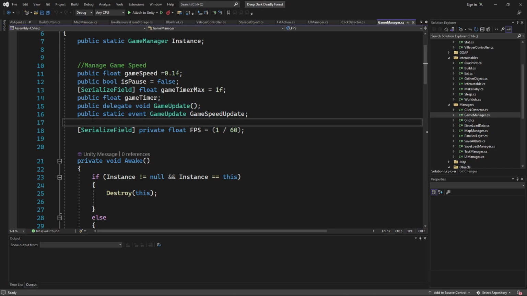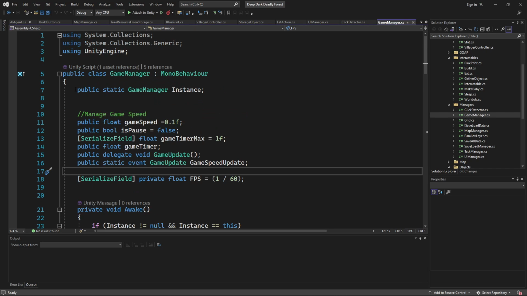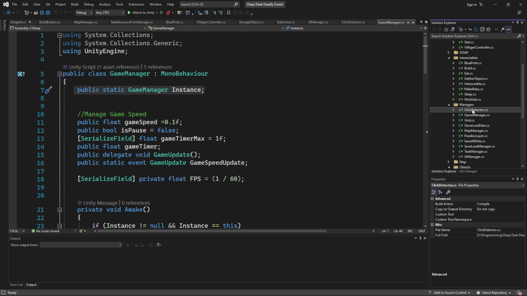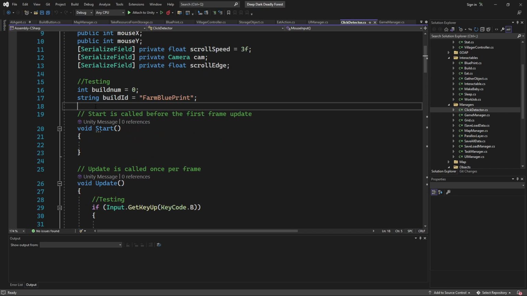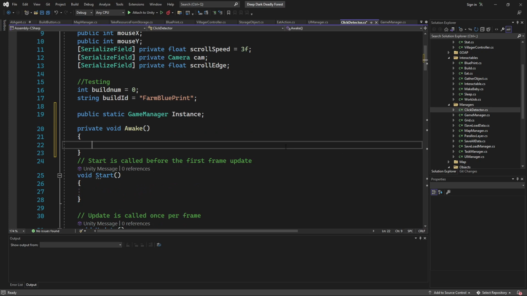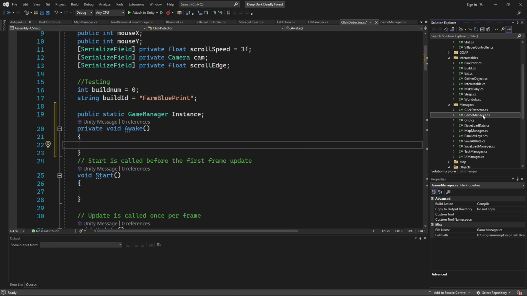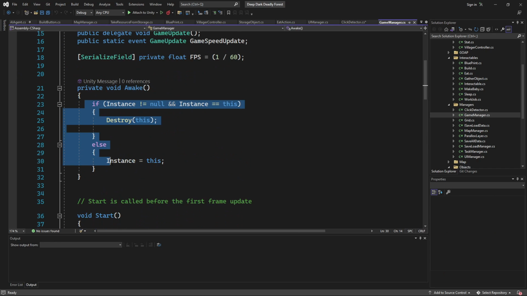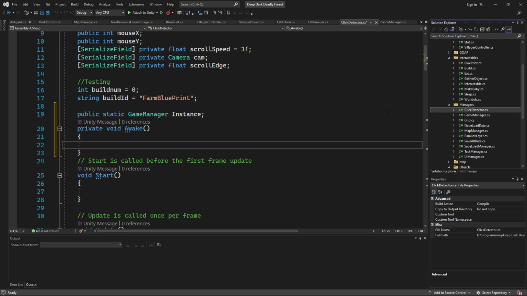Let's see, public static. Let's just copy this stuff. You know, I always copy and paste this stuff, which is probably why I don't know how to do it offhand. I mean, it's not hard, but